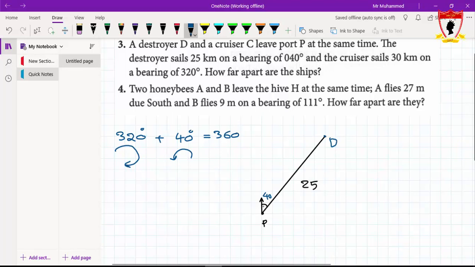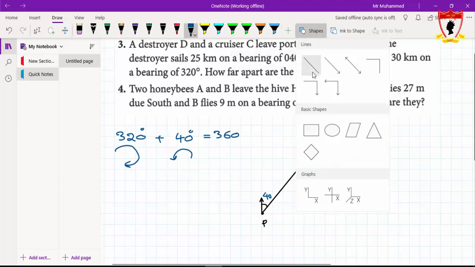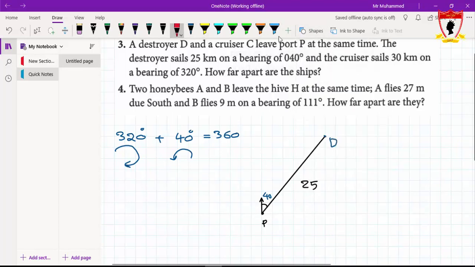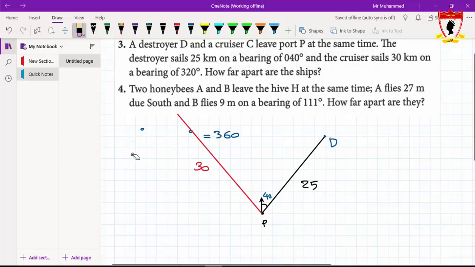Now we had an angle 40 degrees on the side. We will have another 40 degrees on the other side. So another 40 degrees is nearly here, but this time the cruiser moved 30 kilometers. So here is 30 kilometers. Now the question says, how far apart are the ships? And we don't need this. How far apart